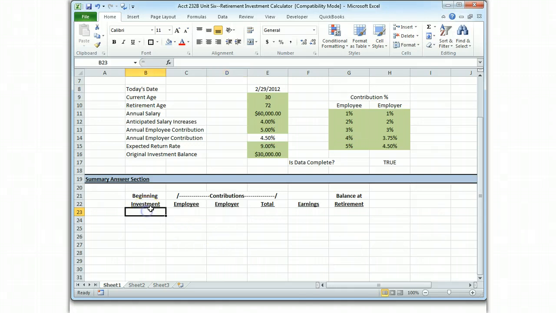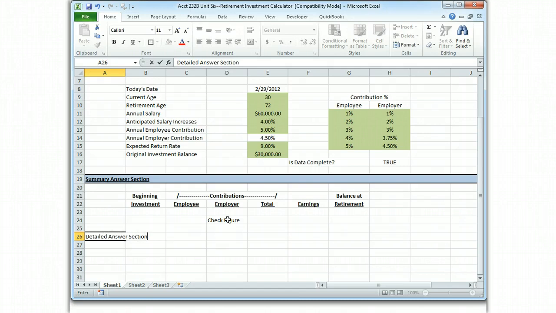Alright. It's going to be awfully hard to fill in our answers when we haven't calculated them yet. So let's just come down. We're going to have a check figure here, and we're going to have a check figure for total and retirement, so we can come down to the next line and do our detailed answer section. Okay, so let's make this one match